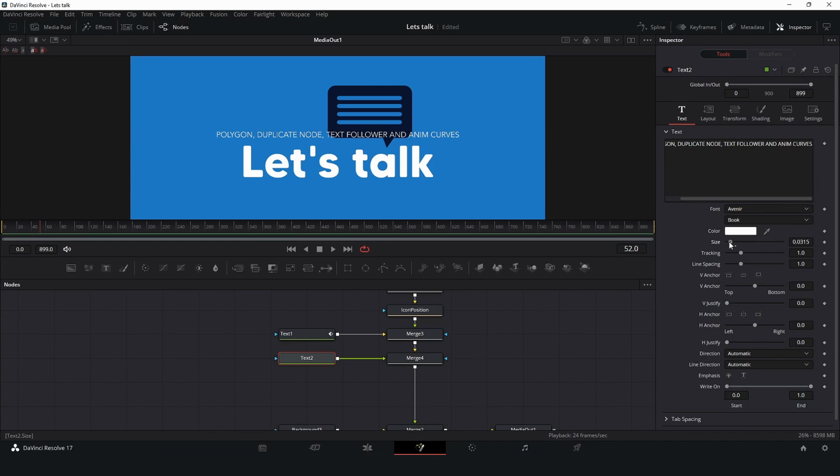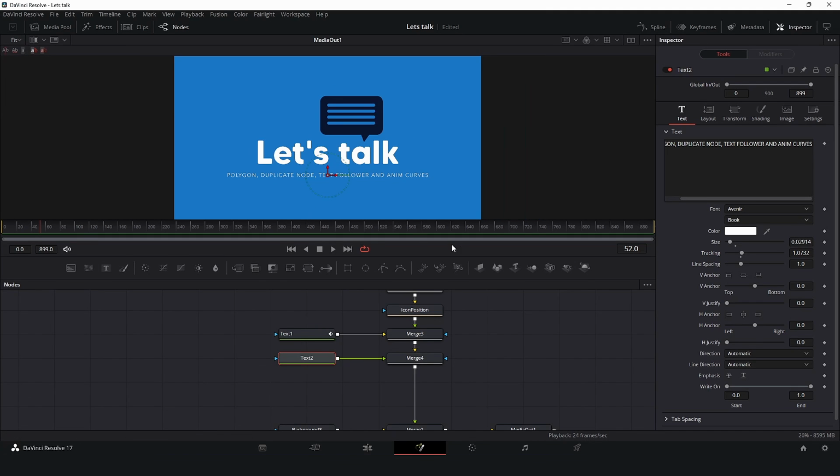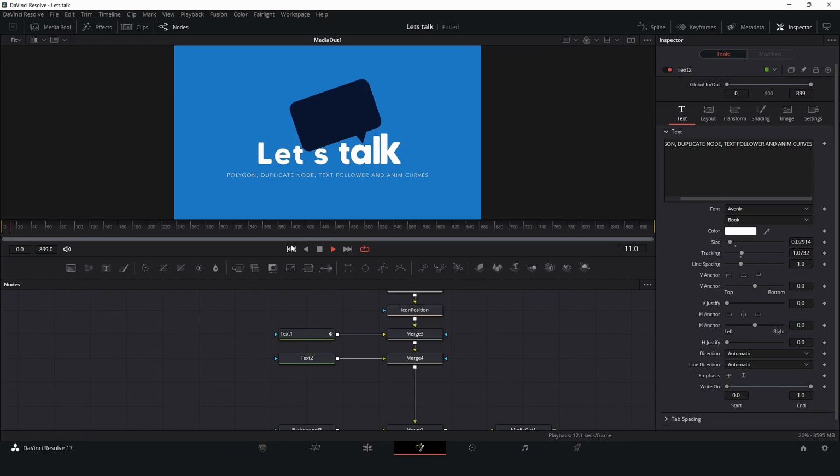Change the size. I will check show control so I can put it over here, make it a little bit smaller and change the tracking. Okay, I will come in here in my monitor feed so I can see better, and here we go.